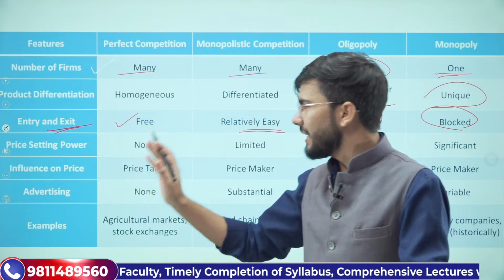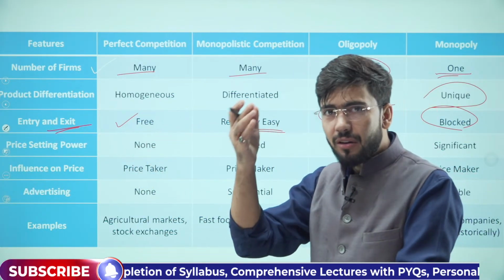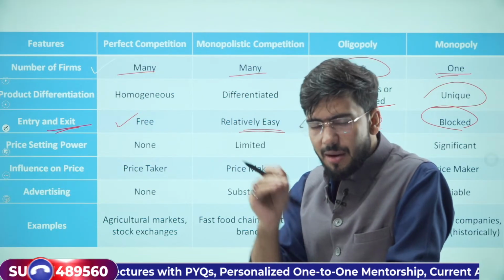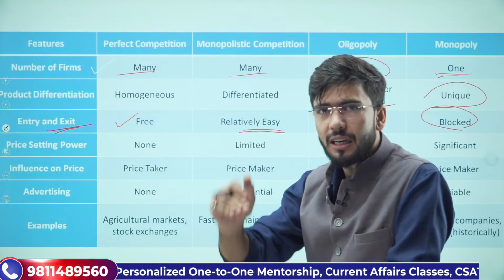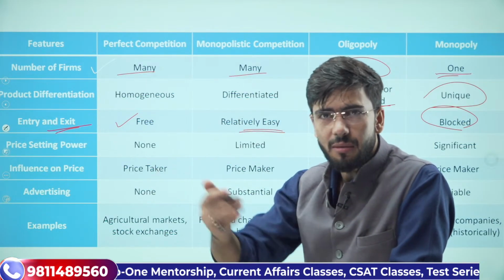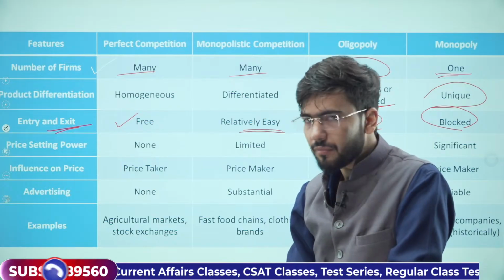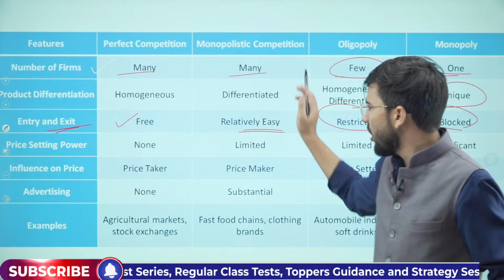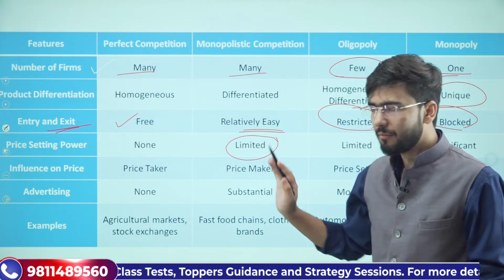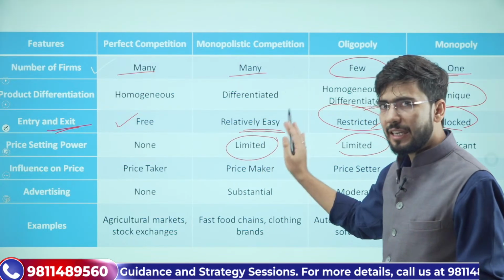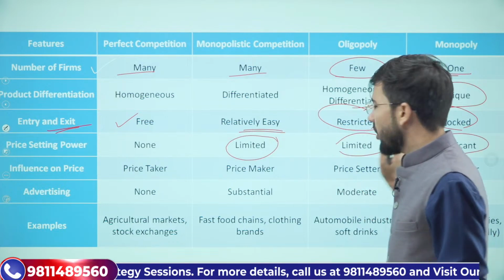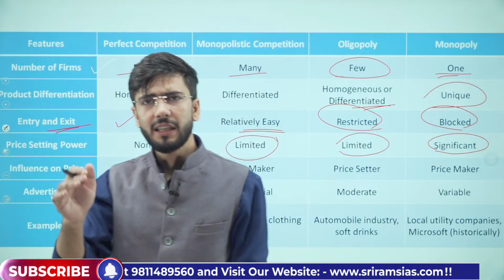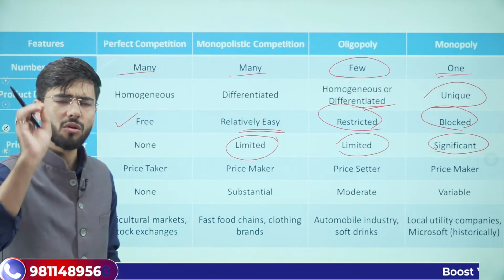प्राइस सेटिंग की बात करें जो कि एक्चुअल में मार्केट पावर प्रोवाइड करता है, परफेक्ट कंपटीशन में कोई प्राइस सेट नहीं करता है। आप गए, आपने बार्गेन किया, वहां पे फार्मर खड़ा हुआ है, आपने उसके साथ बार्गेन किया, जितना बार्गेन बैठा आपने प्राइस ले लिया, कोई प्राइस सेट नहीं कर रहा है। वहीं पे अगर आप देखो मोनोपोलिस्टिक कंपटीशन में देयर इज लिमिटेड प्राइस सेटिंग बाय द फर्म्स। मोनोपोली में देयर इज सिग्निफिकेंट प्राइस सेटिंग बाय द फर्म्स इटसेल्फ, फर्म ही प्राइस सेट करेगी, वो जितना बोलेगी उतना ही प्राइस रहेगा और उसी प्राइस पे काम होगा।